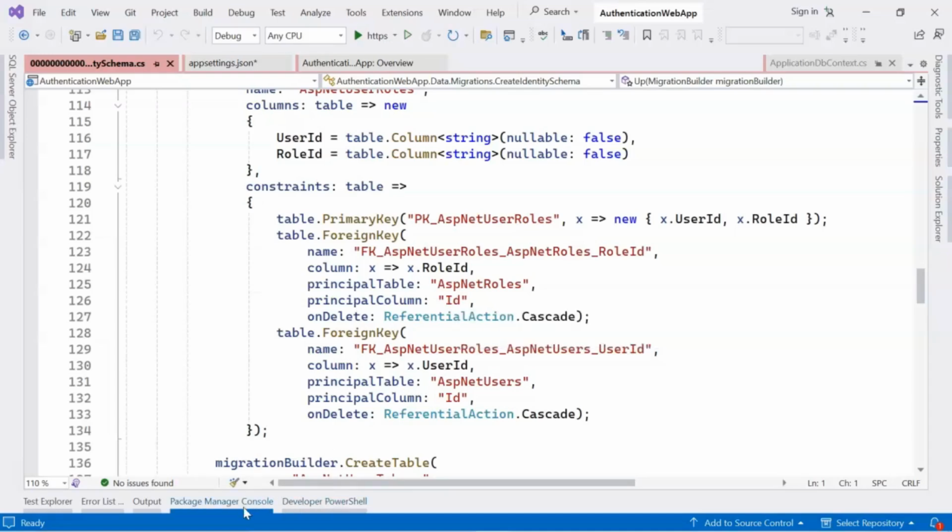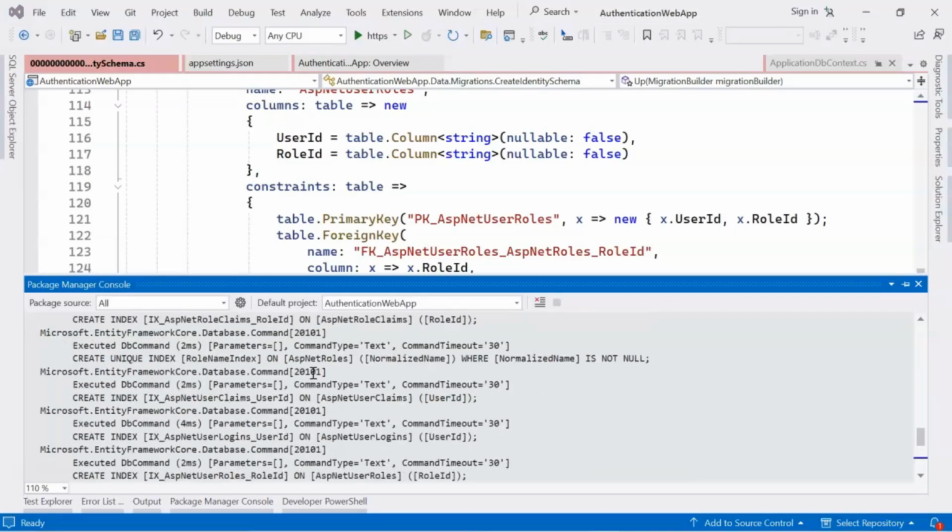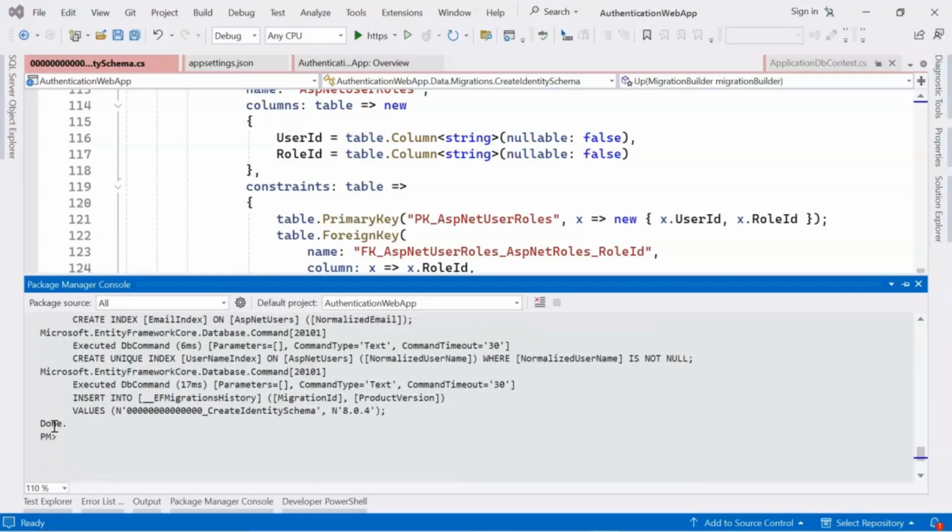We do this by going to the Package Manager Console and running update-database. Now it has created the tables and it's done. Now let's go to the database and check.